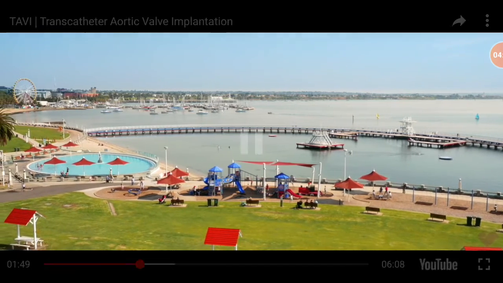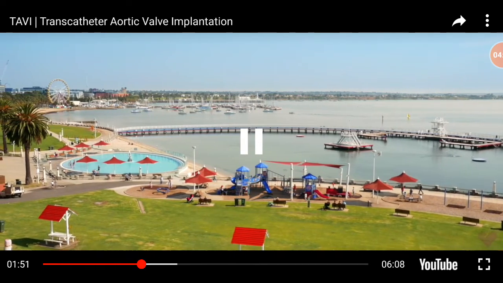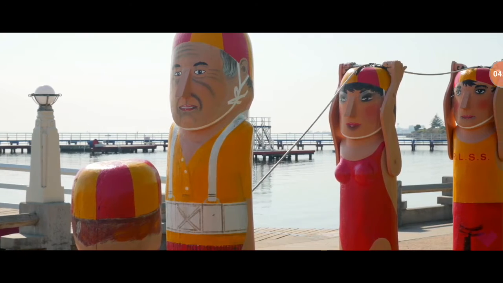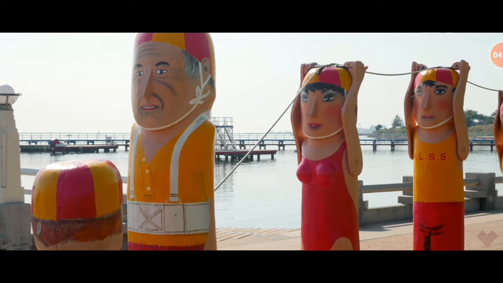For the community of Geelong, or in fact Southwest Victoria, I think this is exciting news, whereby such a procedure previously was only available in Melbourne. Now that with such a technology and service available in Geelong, it has certainly reduced the need for patients to travel all the way to Melbourne. And not only that, they